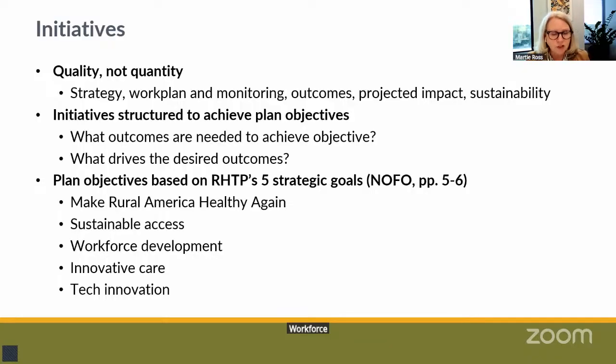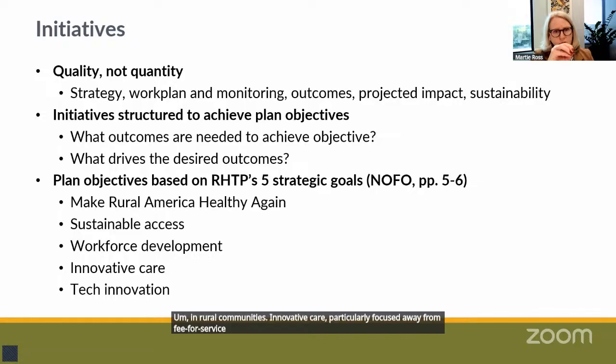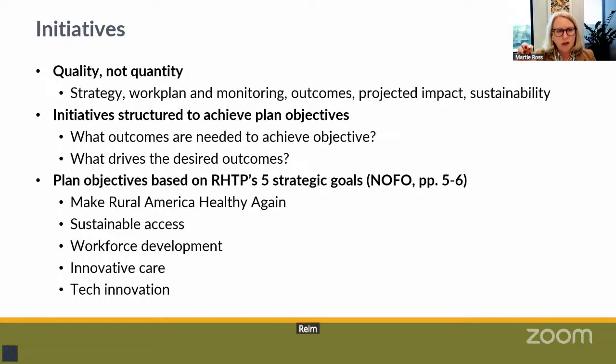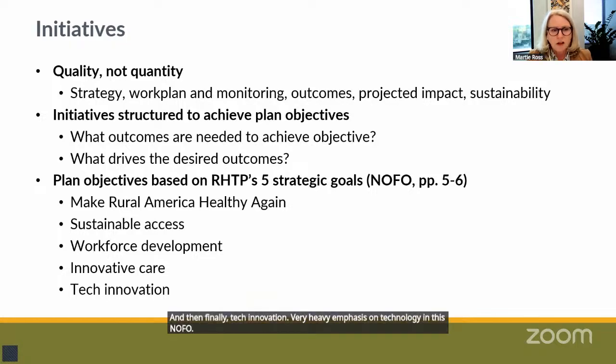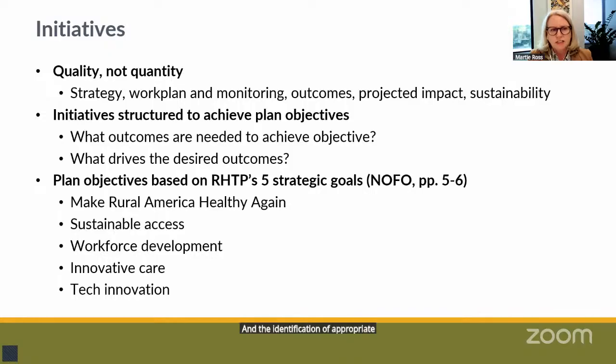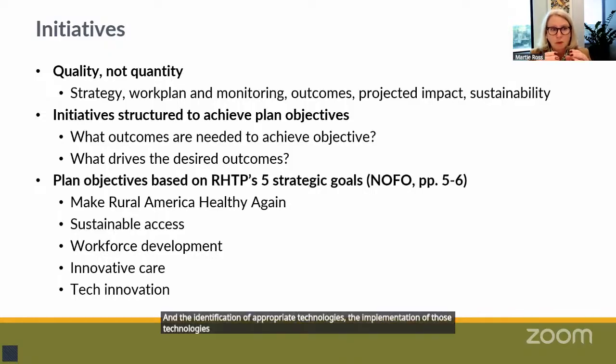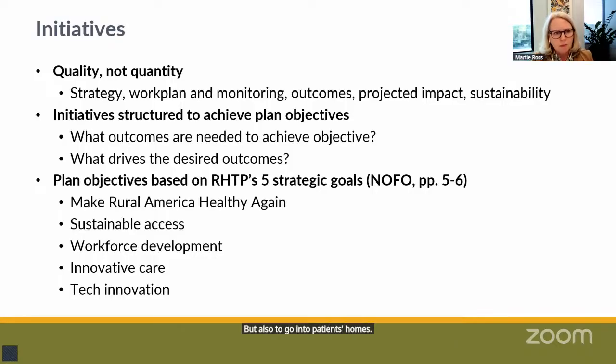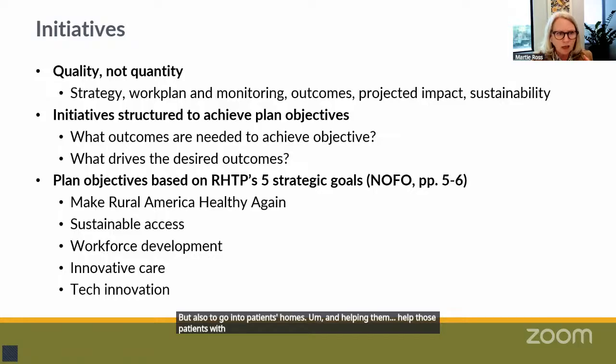Workforce development, having a strong, sustainable workforce to provide care in rural communities. Innovative care, particularly focused away from fee-for-service reimbursement to value-based reimbursement, and also the delivery of care in more creative ways. And then finally, tech innovation. Very heavy emphasis on technology in this NOFO, and the identification of appropriate technologies, the implementation of those technologies, both to extend workforce, but also to go into patients' homes and help those patients with consumer-facing tech be able to